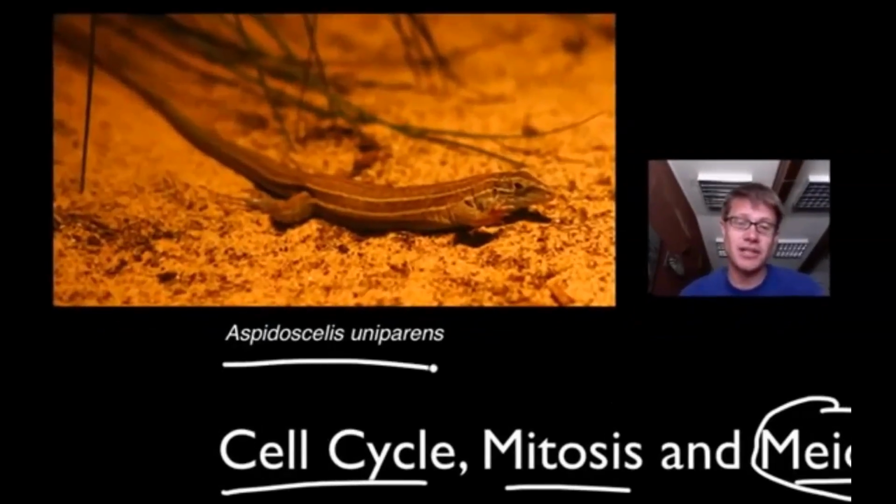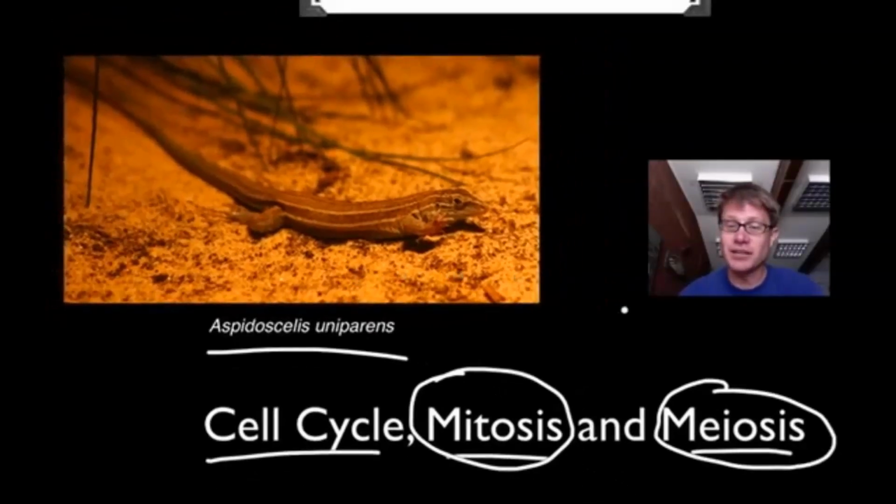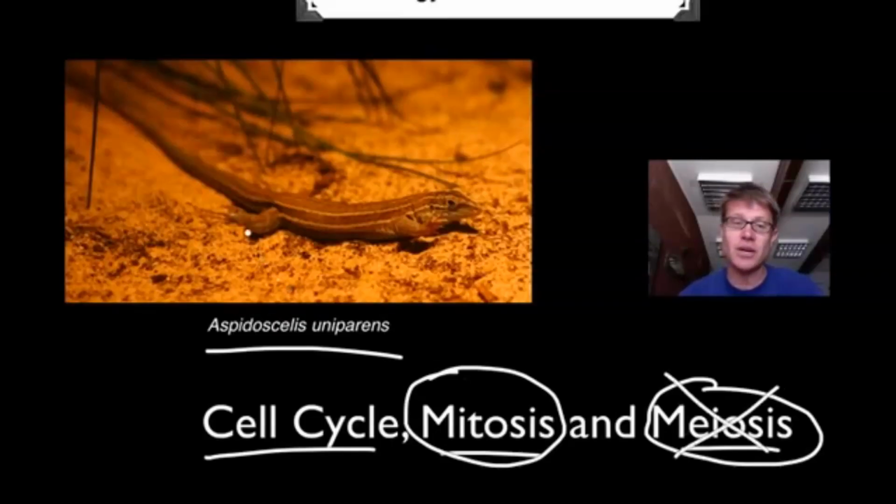Now, let me digress a little bit. This is a whiptail lizard from the desert Southwest, and what's interesting about this is that it's a female lizard, and when it wants to make more lizards, it will simply use mitosis to make an exact copy of a cell inside its body. It's called parthenogenesis, or virgin birth, and it will make a brand new number of baby lizards, and they're all females. So they don't have males. It's rare to not have males. It's rare to not have meiosis, and the reason why is that all the whiptail lizards are genetically the same, but it works. And if you live in a fairly stable environment, it tends to work.